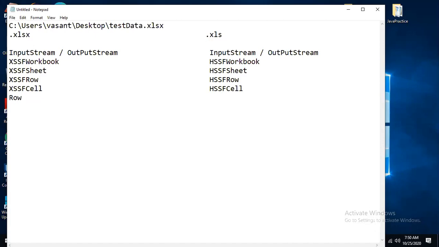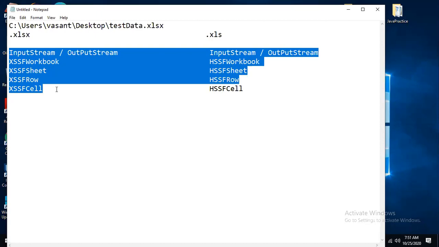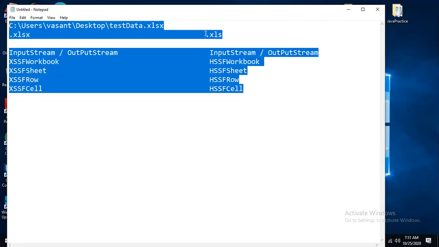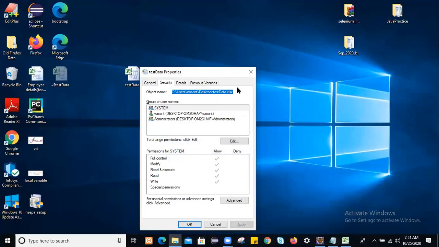So here also we will use Row and Cell, and these are the implementation classes for this POI API to perform operations on Excel application using the POI jars. Let's go ahead and implement this, using these jars.